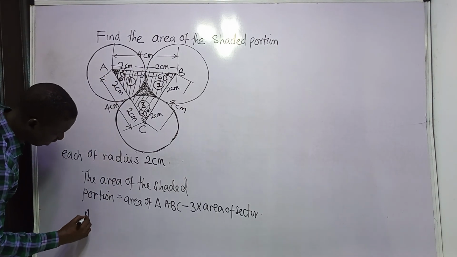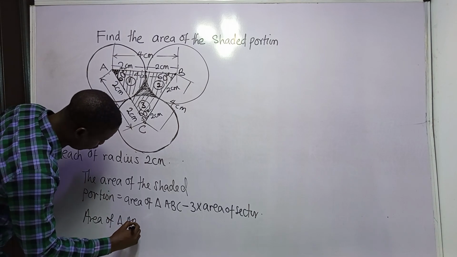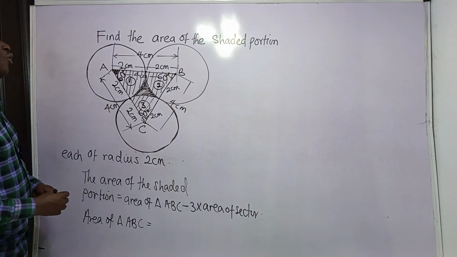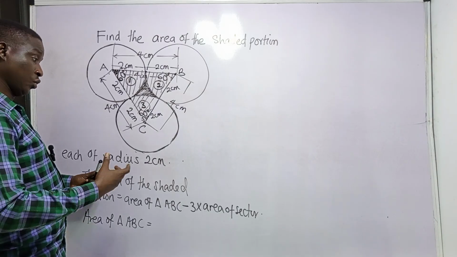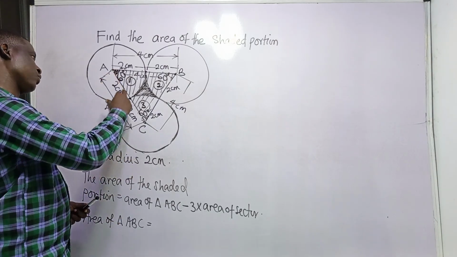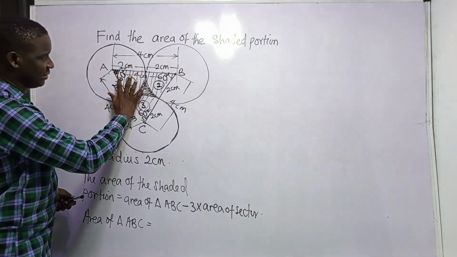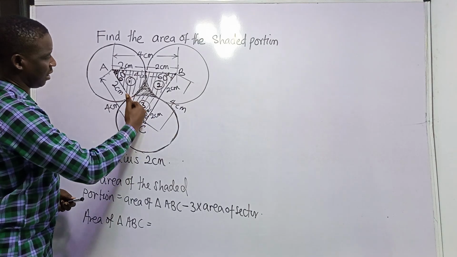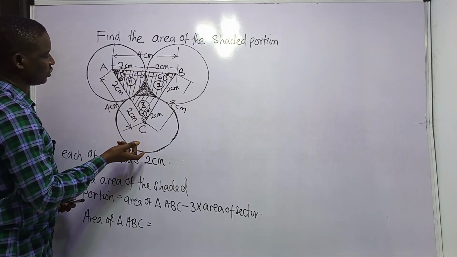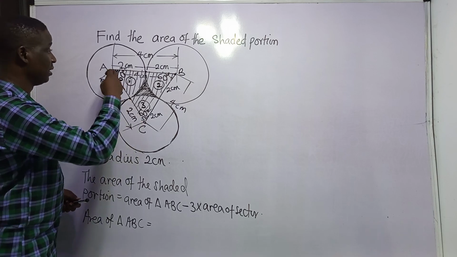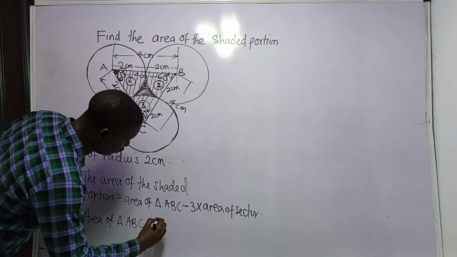To solve for the area of triangle ABC, we can either use Heron's formula, or we use the normal half base times height. The sides are the radius, so you can find them. This is A, this is B, and you can call this small b, this small c, then this A. You can use that. Either we use